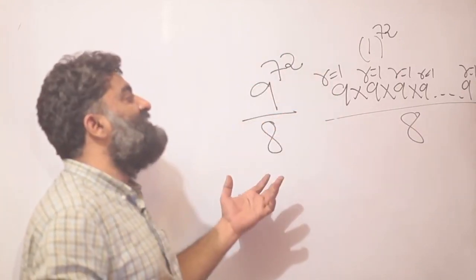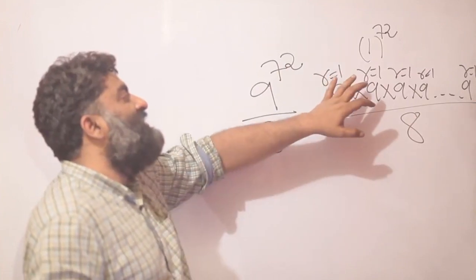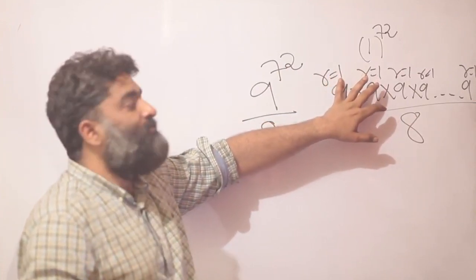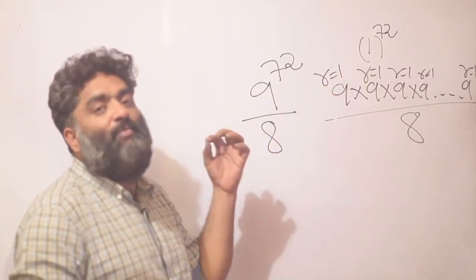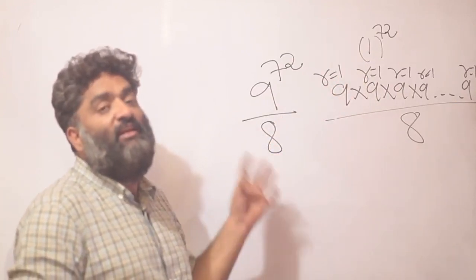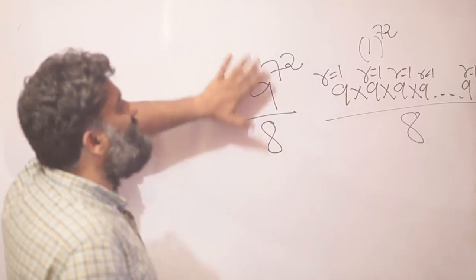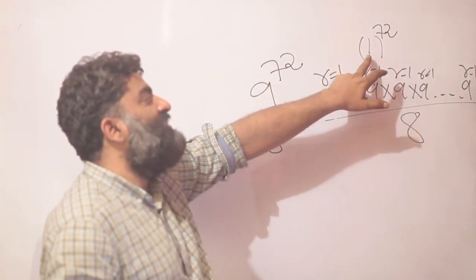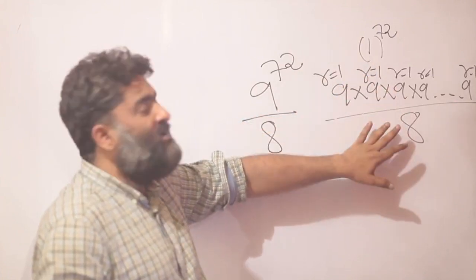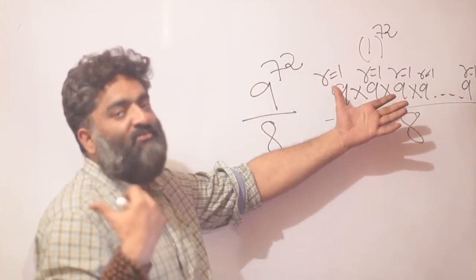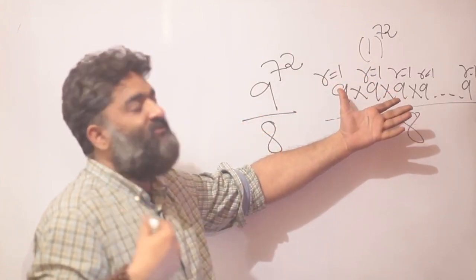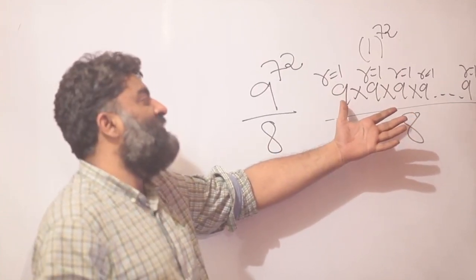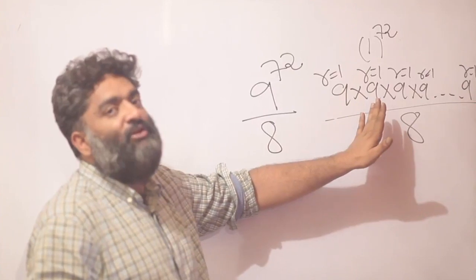Now we'll try and see what happens when the remainder is not 1, how to deal with such a situation, and try and find more patterns and cycles involved if there are any, right? So this is our starting point, and you should be able to understand why my remainder is overall 1 in this process. The idea is fairly straightforward, can be repeated or revised in 10-15 minutes. So if you feel like doing it, please go through the previous video. But this is our starting point of the process.